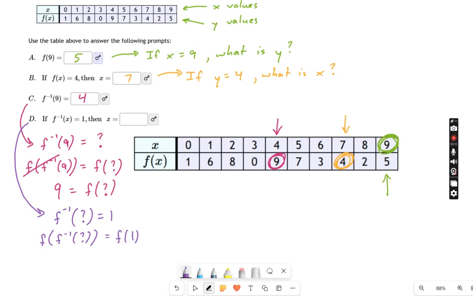And now where I see f of f inverse, I can cross those out. This is the composition effect of inverses. And what I get is question mark equals f of 1. Or in other words, if my x value is 1, let's find that in our table right here. X value is 1. What is the corresponding function evaluated at 1? In other words, the y value. So that'll be 6. Now, I know it says if x equals 6, but remember what x is representing. It's just representing the argument of the inverse function. So in this way, you step through this table, keeping in mind what's the input and what's the output.